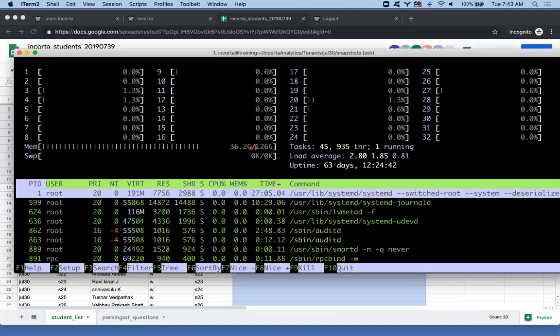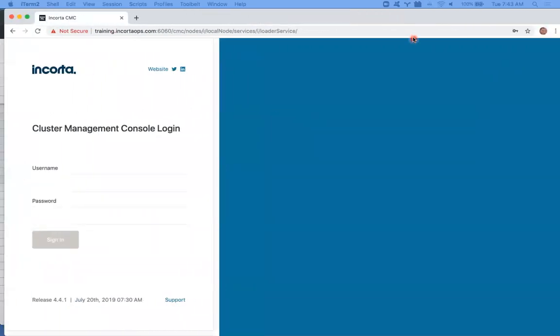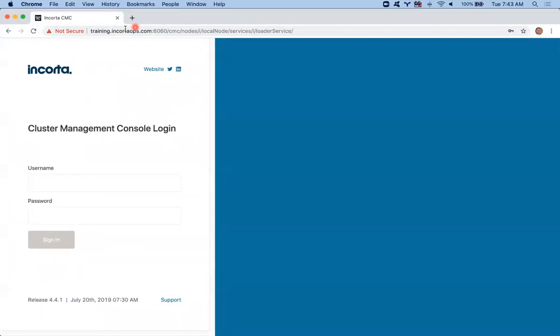Now, in particular, what I'm looking at here is memory consumption. Right? Folks have loaded that. But there's another tool in Incorta for administrators, right, developers, to understand how to manage memory in Incorta, and this is a tool called CMC, the Cluster Management Console. In previous versions of